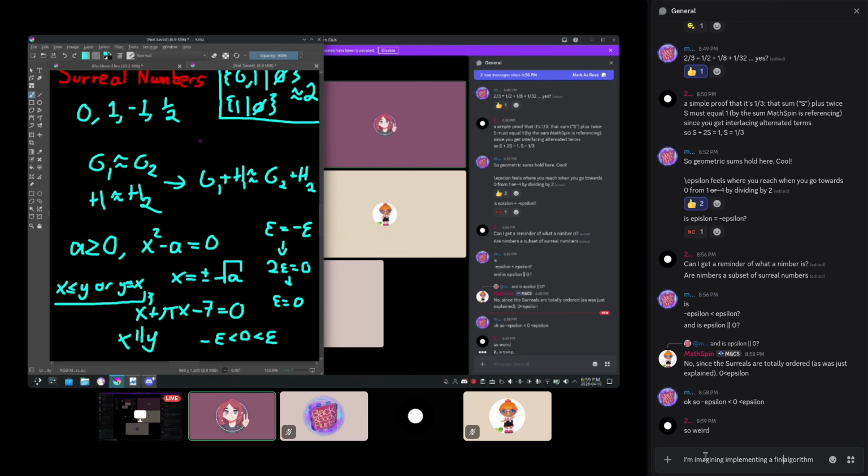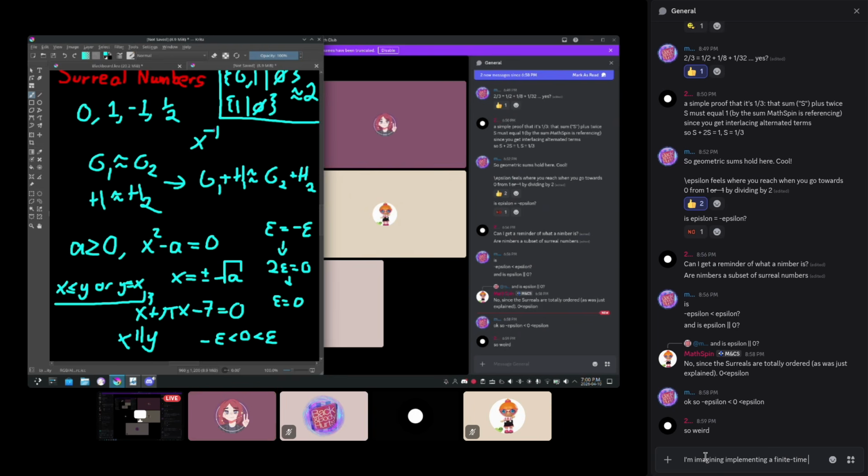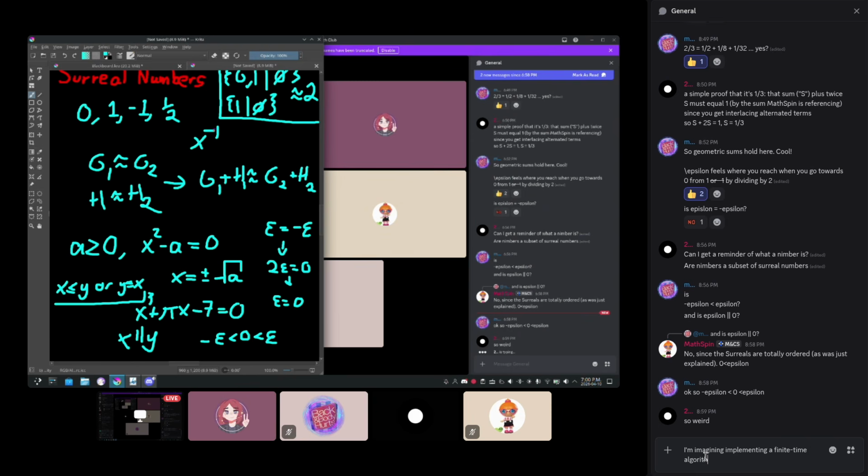Or you can also get infinitesimals, like the rational function x to the minus 1. In some sense, this is already an infinitesimal element, so the fact that surreals have those is not super surprising in itself. There are other structures that do have that. But I think there's a lot of other things that are interesting about the surreals.